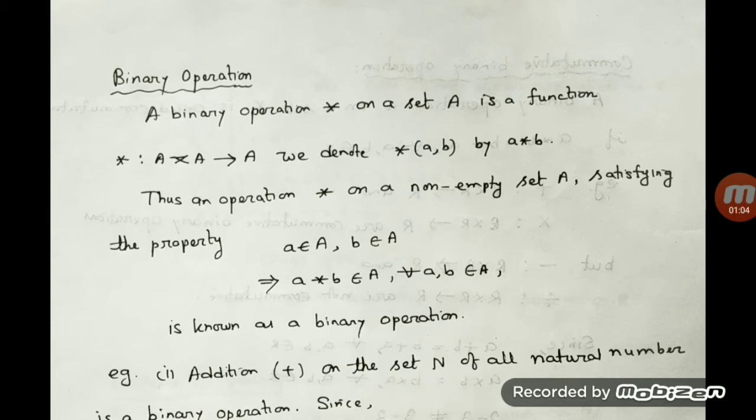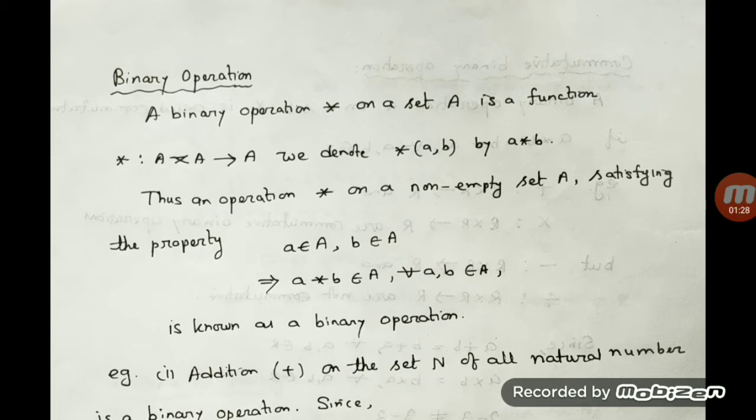For example, suppose you take minus. In that case also, if you take any two real numbers, suppose again I am taking 1 and 2, 1 minus 2 will give you minus 1, which is again a real number, right? So this type of operation is called a fundamental operation. And here we understand one thing: in the case of fundamental operation, we generally take two elements and the result gives you a single element.